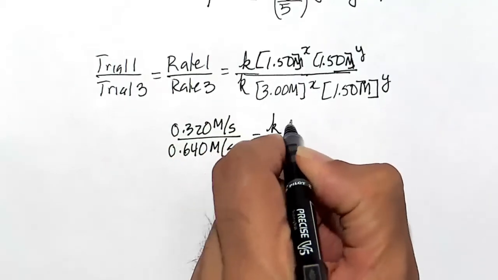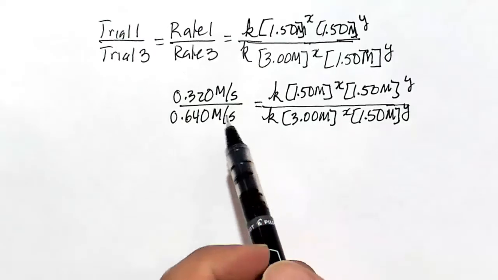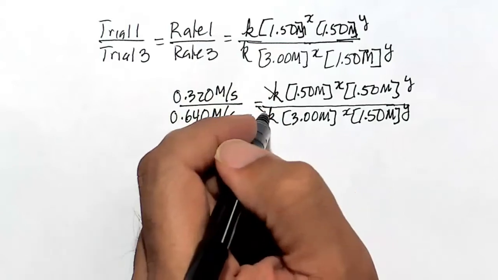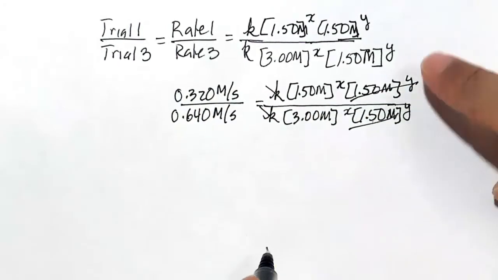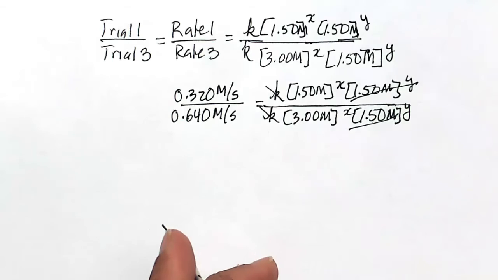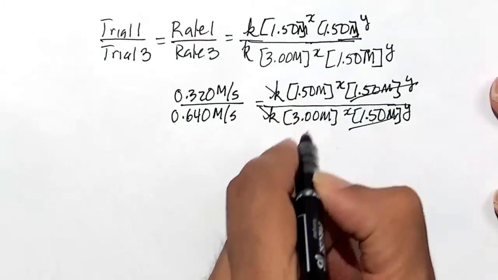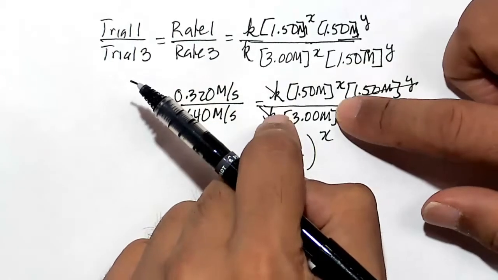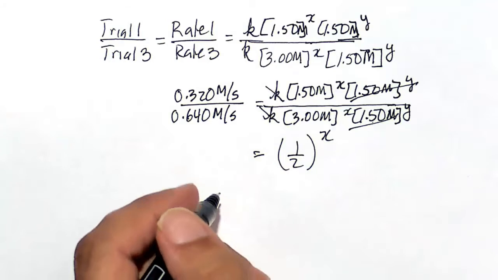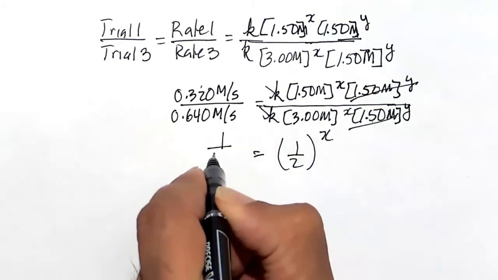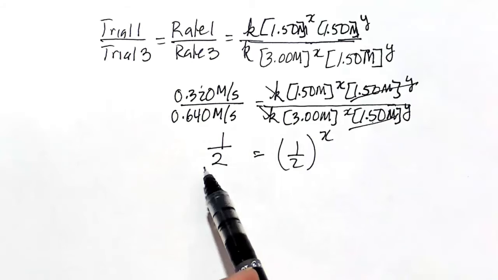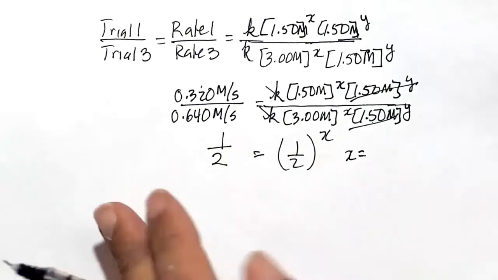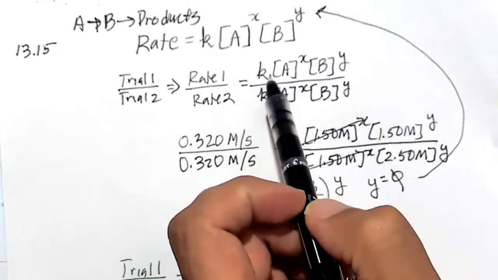So let's just rewrite this down here to make this more complete. Alright, so I plugged in comparing experiment 1 to experiment 3. The lowercase k cancels with that. We already know y is equal to 0. We solved that previously. So now we have 1/2 to the power of x. Remember, 1.5 divided by 3 is 1/2. So that whole thing gets raised to the x power. And this is also 1/2. So here, 1/2 to the power of x equals 1/2. This implies the order for x, which is associated with the rate of decay for A, is going to be